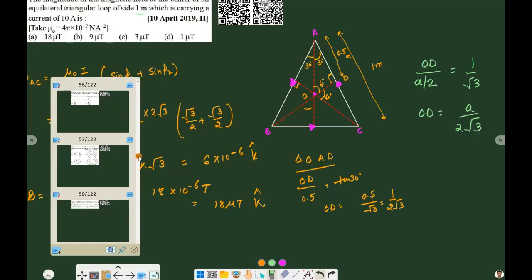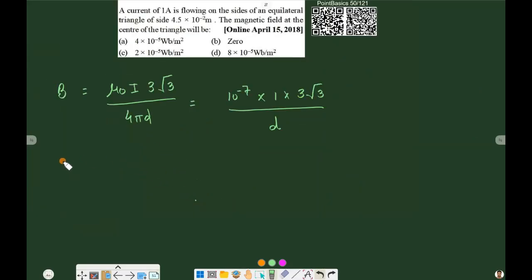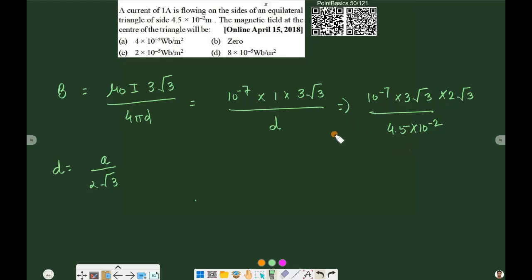So d is equal to A by twice of root 3. Putting this value here, 10 raised to power minus 7, 3 root 3. Value of side length is 4.5 into 10 raised to power minus 2 divided by 2 root 3. So 2 root 3 will go here. And finally, we have root 3 into root 3, 3. 6 into 3, we will have 18